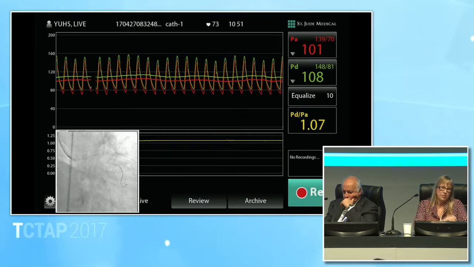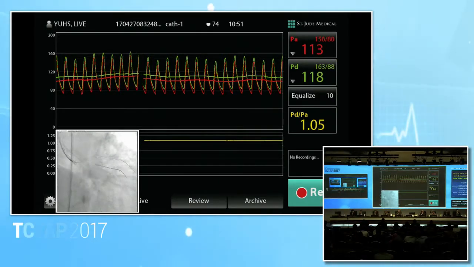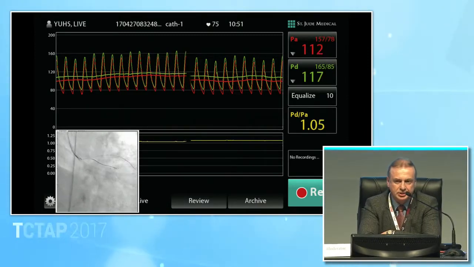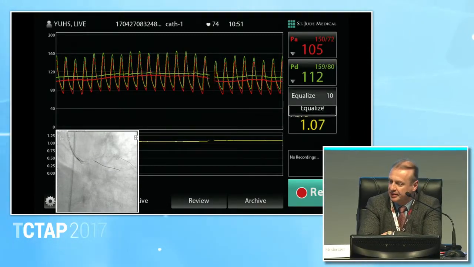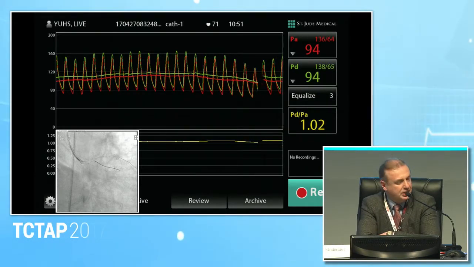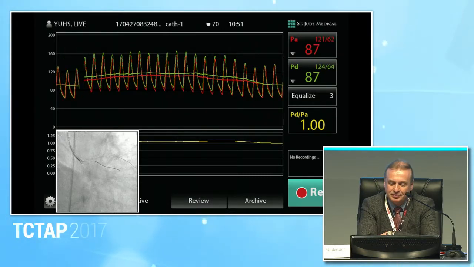There was a very good comment, I guess, from Julia. Of course it's not always very easy if you have some tortuous arteries and quite complex PCI to measure the FFR, and then maybe it's even sometimes a bit harmful.